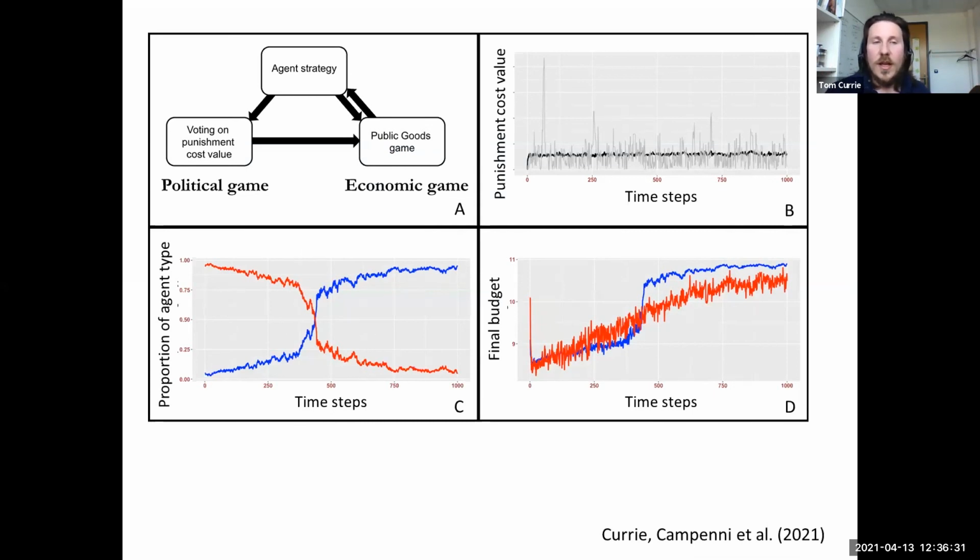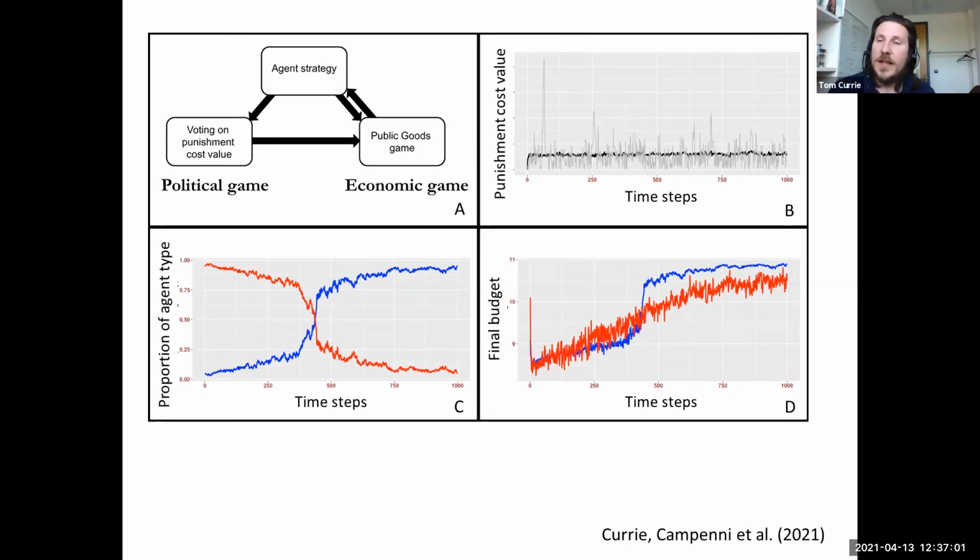And we had a political game whereby the agents were able to introduce some level of punishment into the system. So the system started without any punishment, and under those conditions, defection is favoured and you don't get cooperators. But if the agents can vote amongst themselves to introduce punishment, and they can set that level of punishment through some kind of interaction,